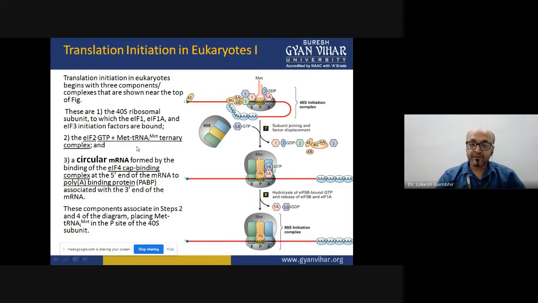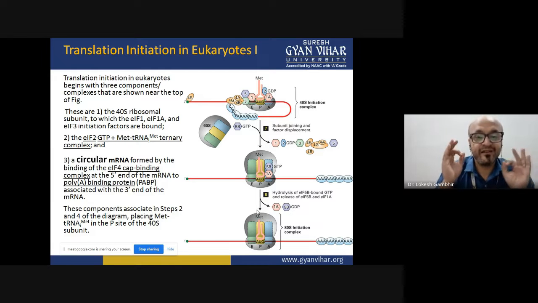Once the larger subunit has aligned correctly on the smaller subunit, this GTP is hydrolyzed, thereby removing both initiation factors from the complex, and your complex has reached the state of 80S. This is called the 80S translation initiation complex, which contains the ribosome, that is 80S,